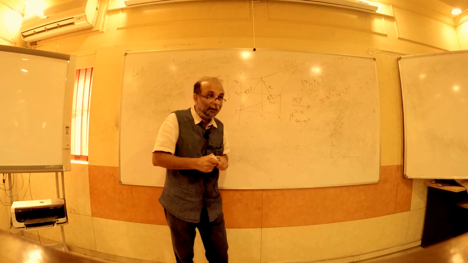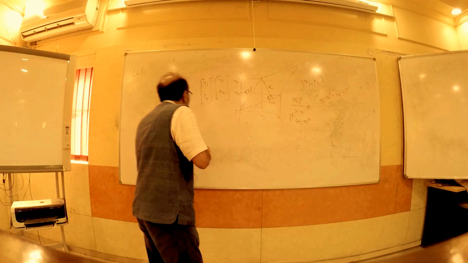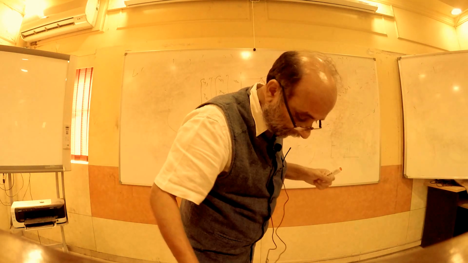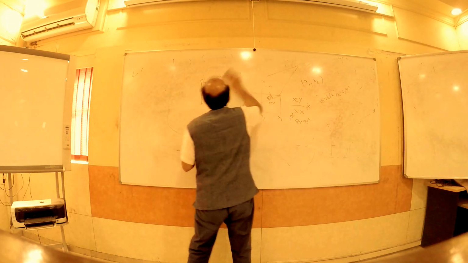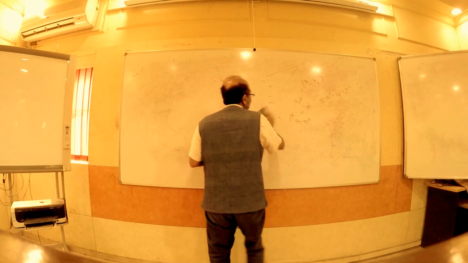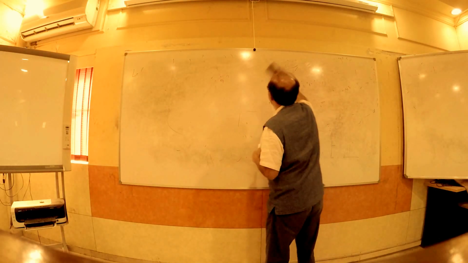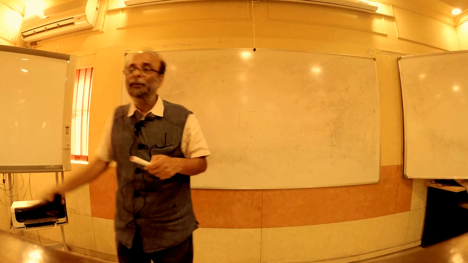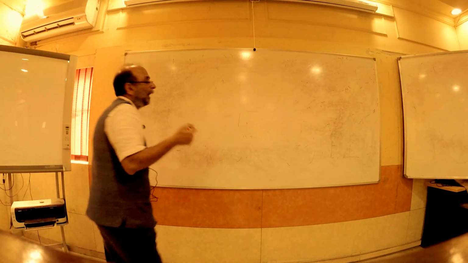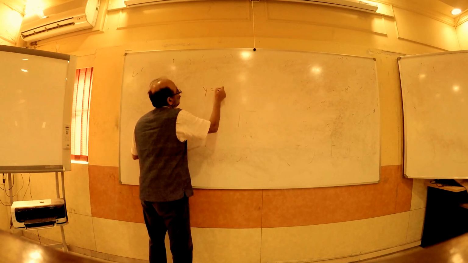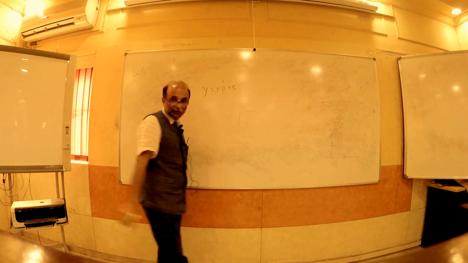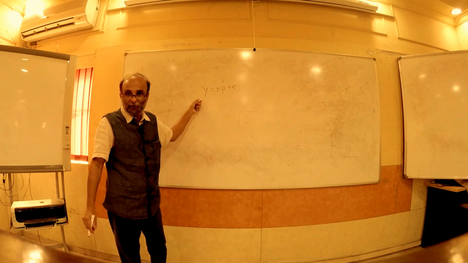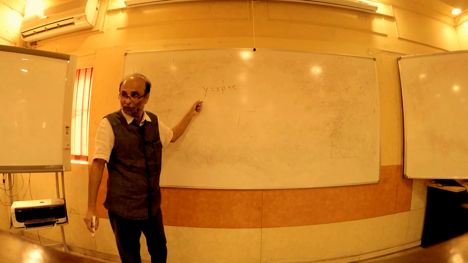But there are more things to a linear regression model which we didn't discuss last time. So let me also, since I have some time, 10-15 minutes, do that quickly. In general, in a multiple linear regression model, what will you have? I have y is equal to x beta plus e. Is everybody familiar with this formulation? Y is equal to x beta plus e.